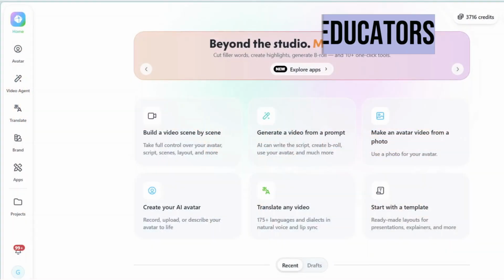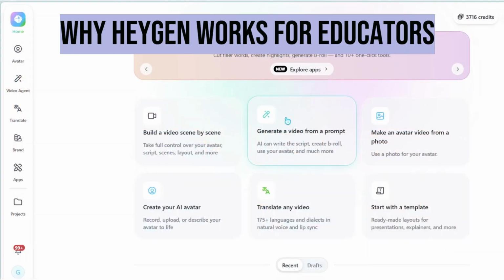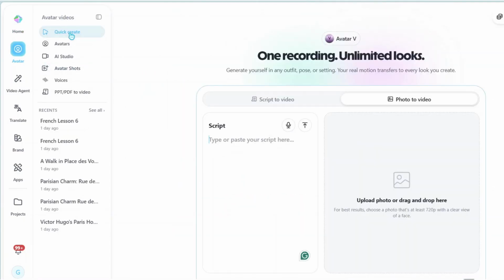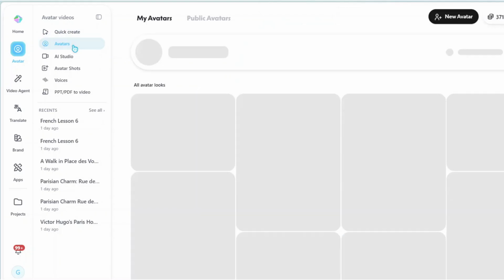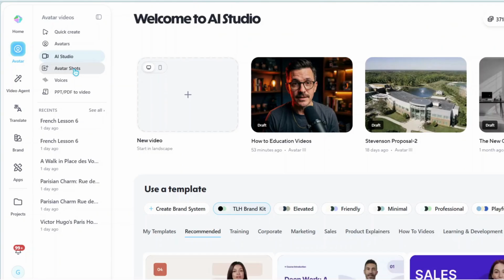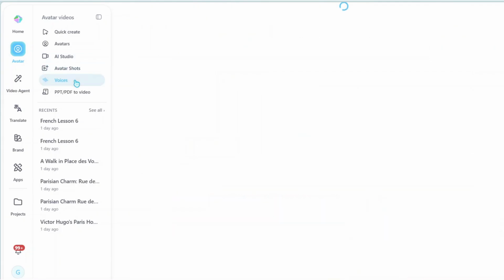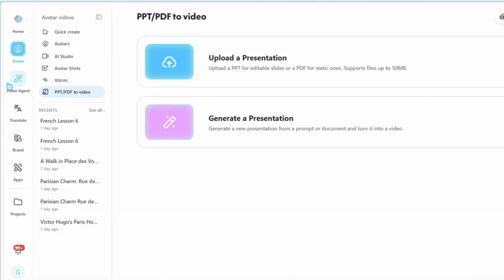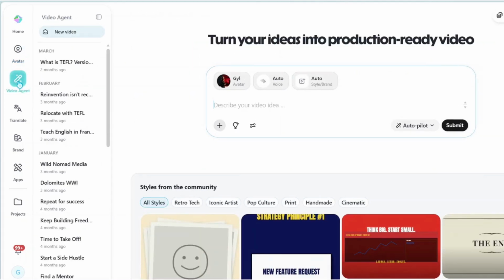This is where HeyGen becomes genuinely useful for educators. HeyGen gives educators a faster way to turn teaching content into professional video lessons using AI avatars, voice, script-based workflows, and easy visual presentation tools. Instead of building every lesson from scratch on camera, you can create a repeatable workflow that helps you teach clearly